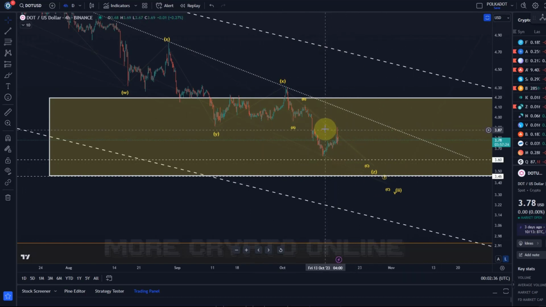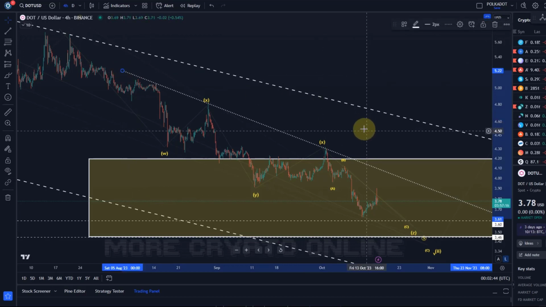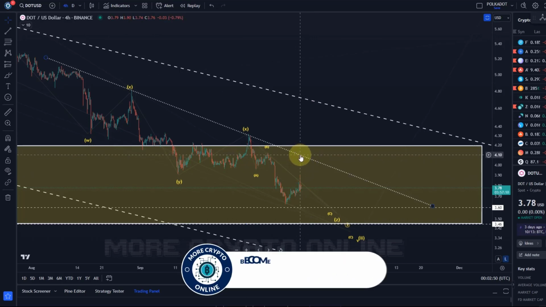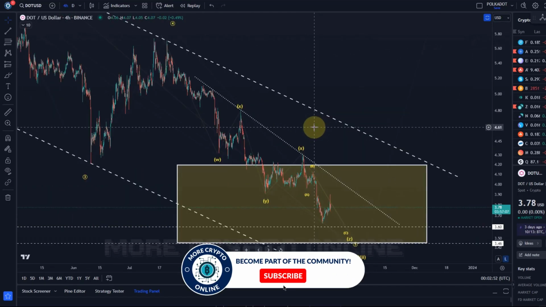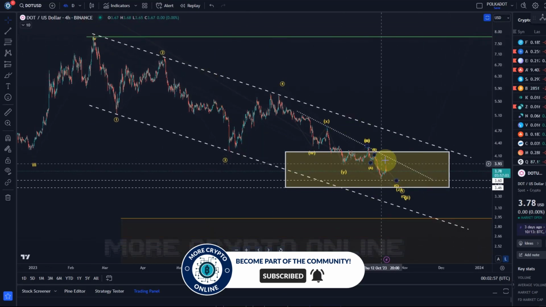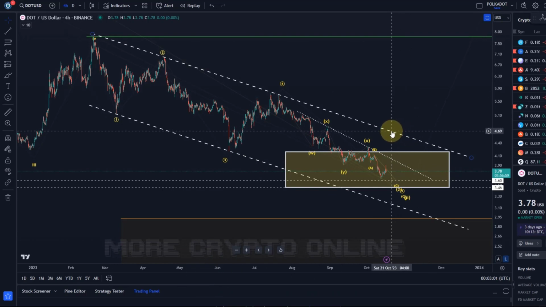It would really take a break to the upside of this trend line. We have a descending trend line that's coming down here, 3 to 4 touch points, quite well defined, okay? It takes a break above the trend line to really have, I would say, first strong evidence that some kind of a low has been established. But even if we see that, the price would still be within this broader price channel. So essentially, the next task for the bulls will then be to break out of the price channel. And then we have targets of around